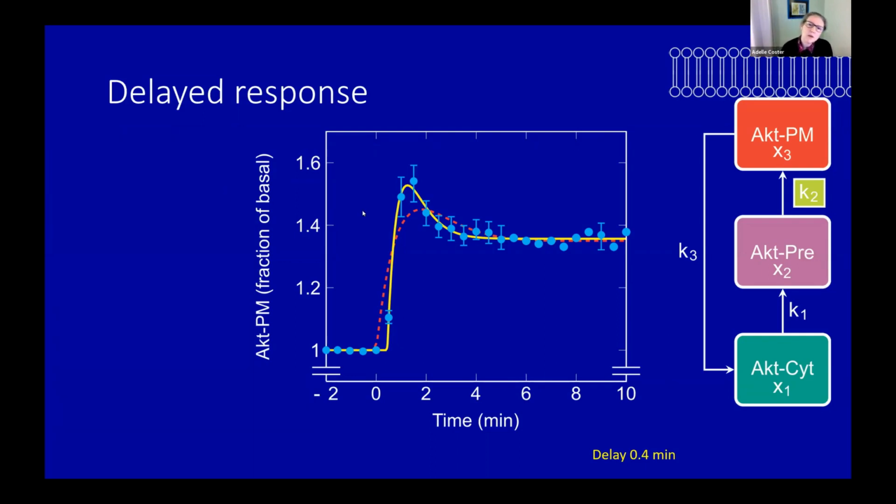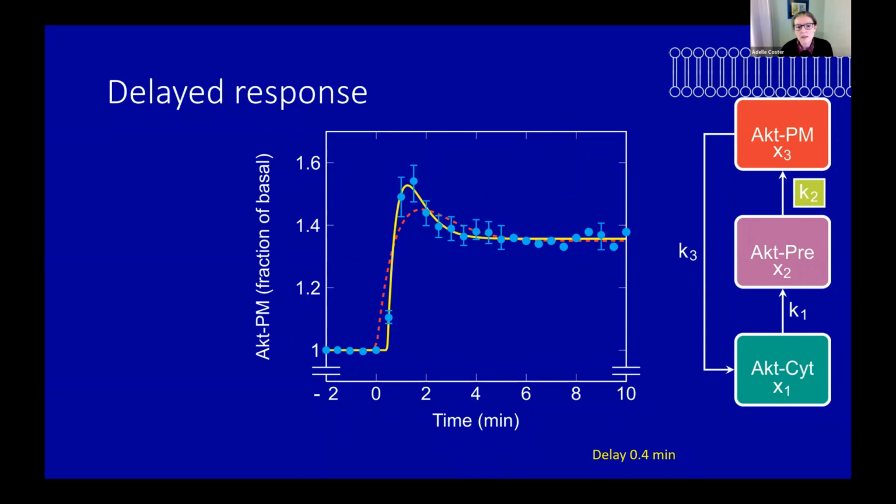So that was quite nice. And indeed, you could argue, well, is it something to do with the insulin having to diffuse to the cells? Is it experimental error that's giving you this 0.4? Or is it indeed the signaling delay before this system translocates? And it could be the experimental constraints and so on, but we didn't just have this data set.